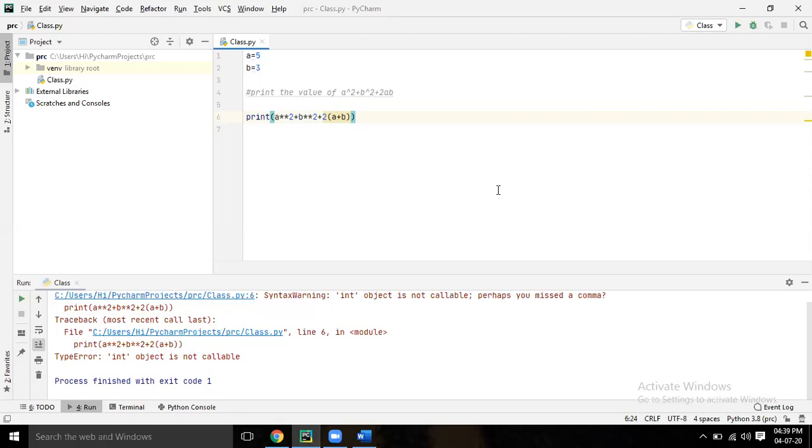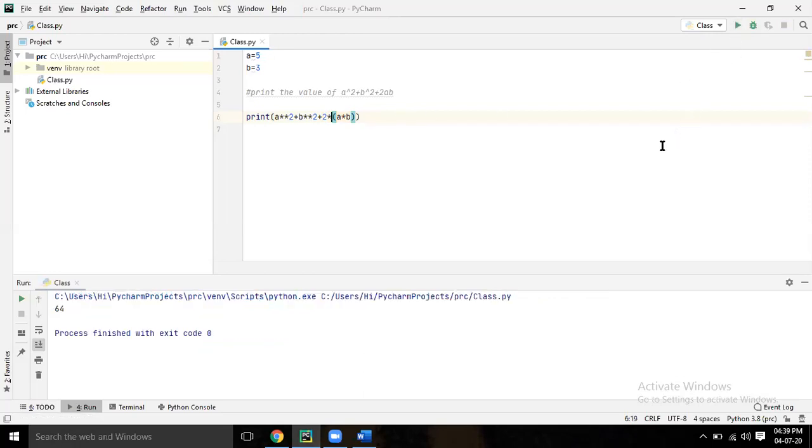So a square means you have used the exponential operator, double star, that is fine. B square means you have used B exponential, perfect. 2ab means 2 into a into b, right? After 2 also use into.